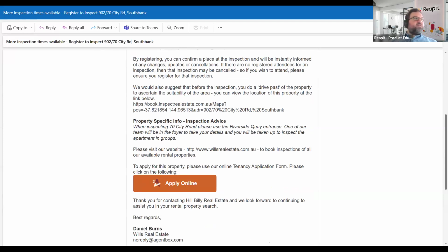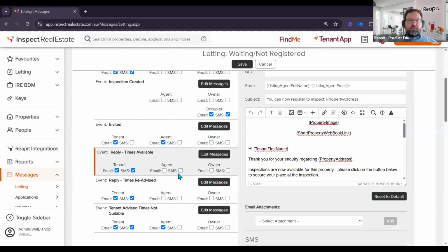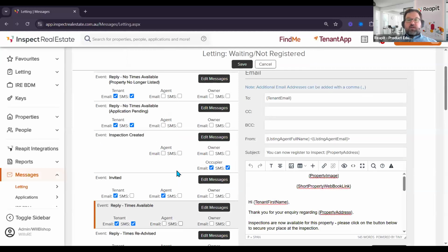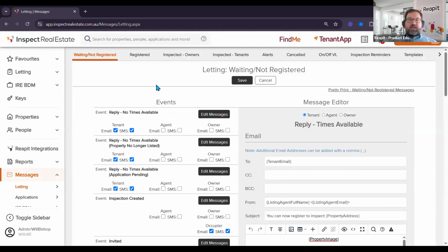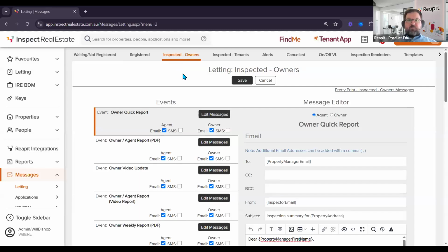All right, now let's jump back into IRE just for a moment. There we go. Which point we're back to here. Now, there's a couple of other messages in here that I want to talk about as we go through, as they will lead into a couple of the other settings we want to talk about too. The next group of messages that I strongly recommend reviewing